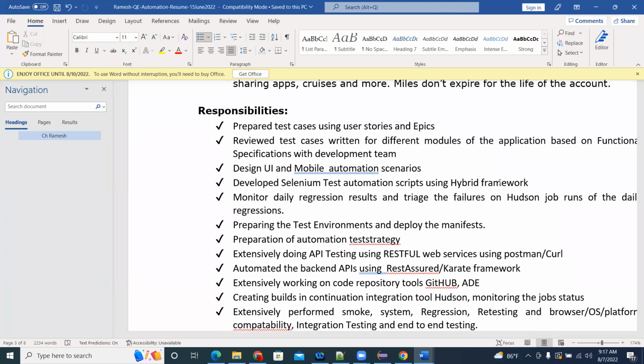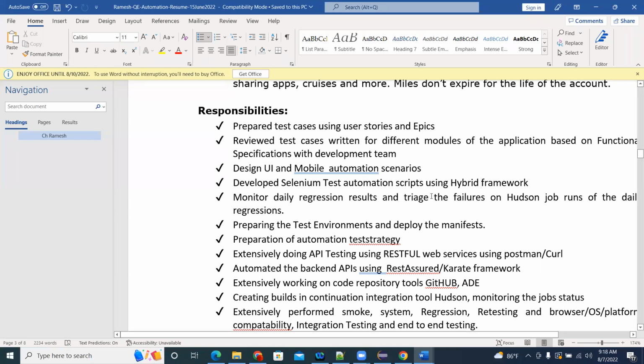If you're telling hybrid framework, you tell. Otherwise, instead of hybrid, you can tell BDD Cucumber. If the company is expecting BDD Cucumber in your job role, you will say, I have used BDD Cucumber. BDD Cucumber is easy, right? There are just 3 modules. That's highly used nowadays, but you can mention hybrid for one project and BDD Cucumber for another project, so that they will understand you have both work experience. Okay, put both things.